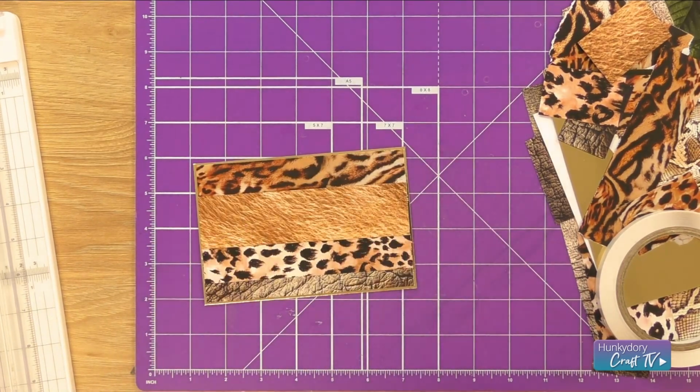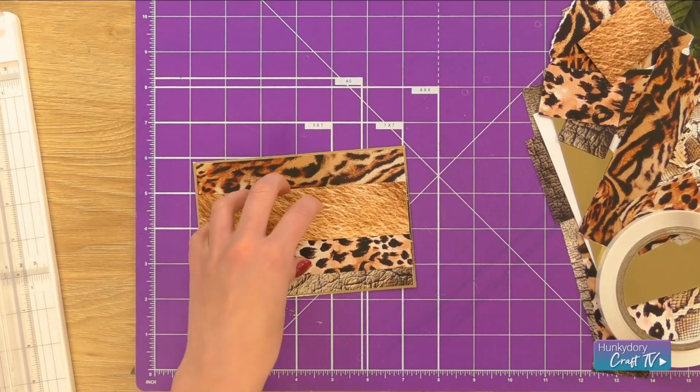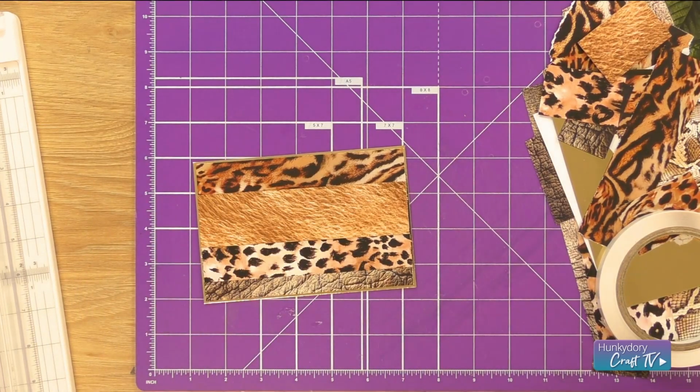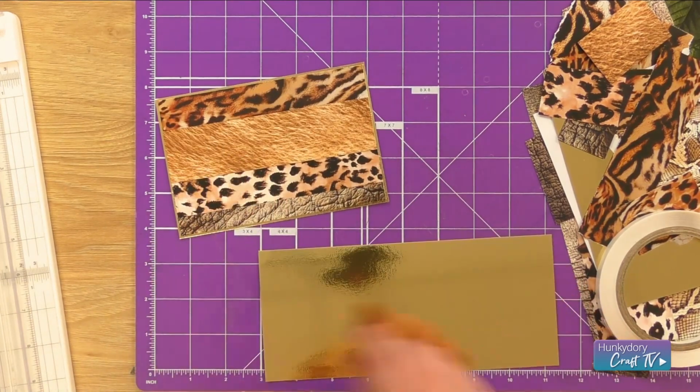Okay, so that is my background all done. I've decided to stick the first and the last piece and then bridge it together with the middle pieces just to make it a lot more easy and more forgiving for my mats and layers. Okay, so I'm going to go in with the next piece here,